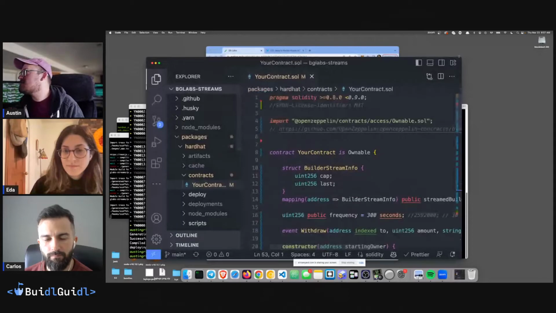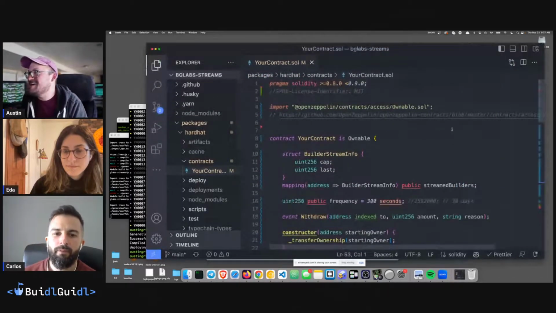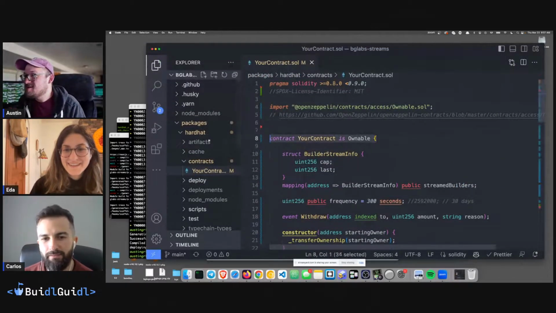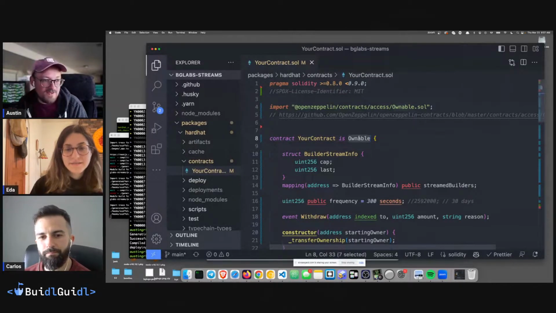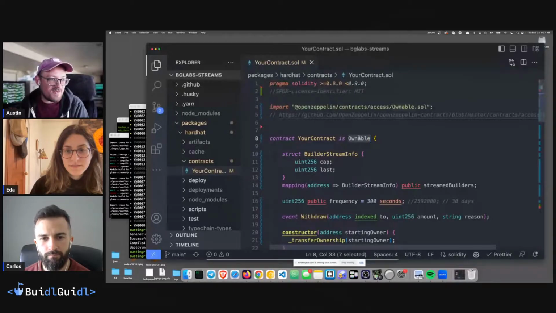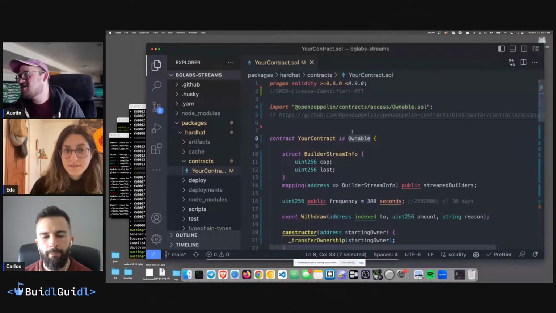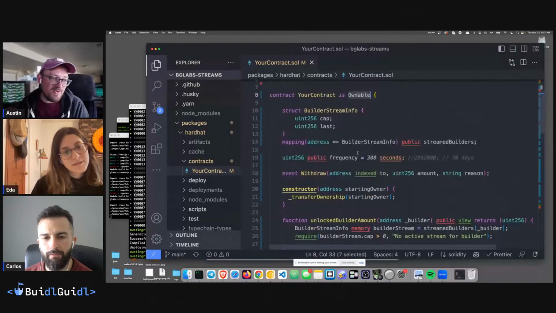Hopefully that's big enough for folks to see. I'll make it really big. I think it's good. So we made it ownable, right? We'll bring in Ownable. So there will be an owner to this contract that will be able to add and remove streams, or maybe just add and expand. Maybe we set it so you can't remove. We'll figure out how ownable we want this thing to be.